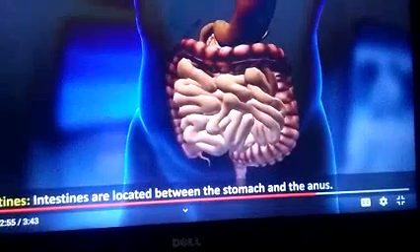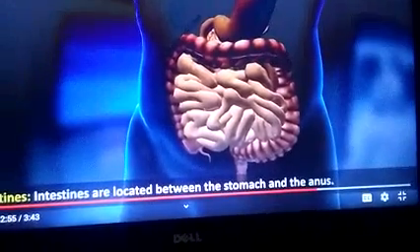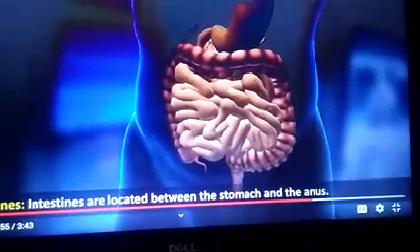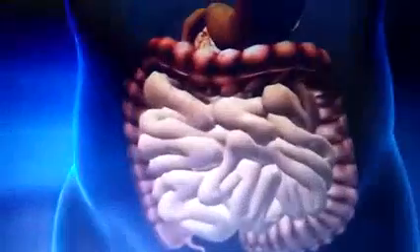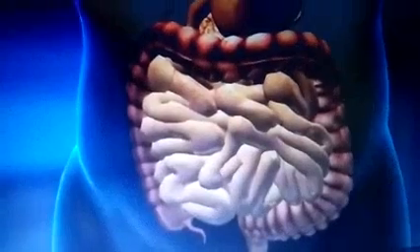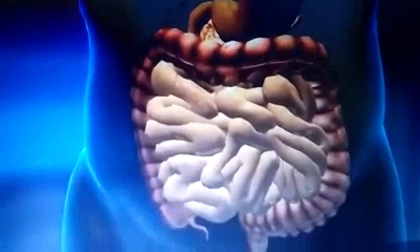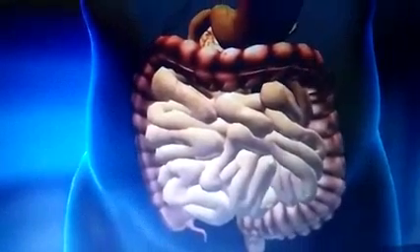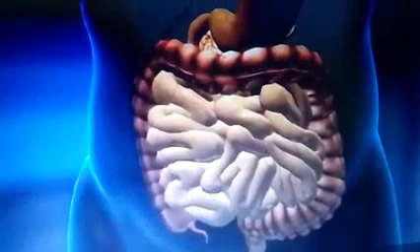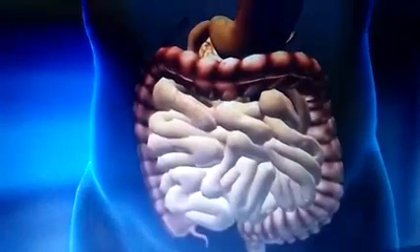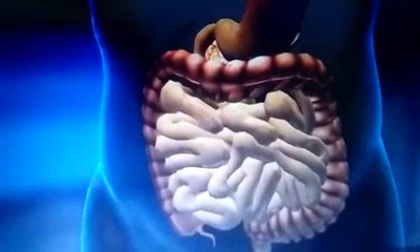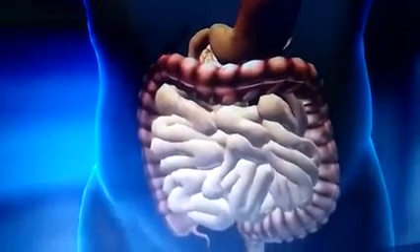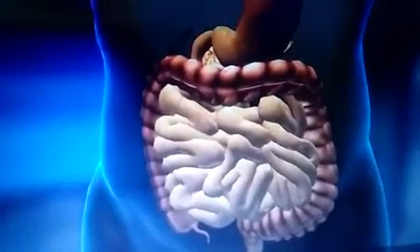The next two organs are the small intestine and large intestine. See, inside you can see so many pipe-like structures coiled and tightly packed. They are called the small intestine, and it is just after the stomach. The food reaches the stomach, then goes to the small intestine, and around the small intestine you can see one big pipe, that is the large intestine.